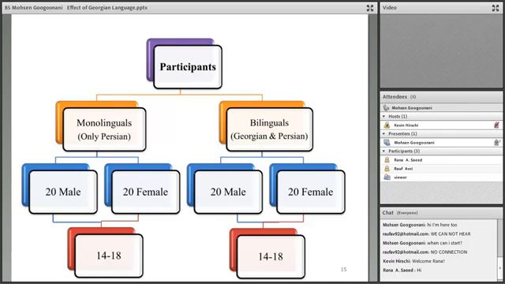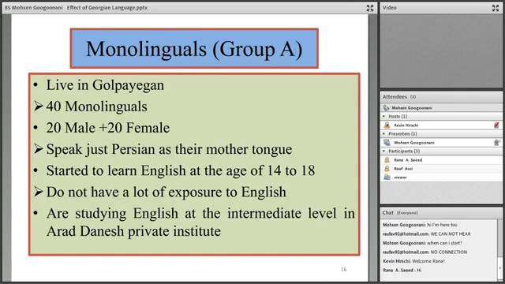All the participants in the current study were divided into two groups. Let me go to another slide. Yeah, Group A and Group B. Group A involves monolinguals who just speak Persian, and Group B includes additive bilinguals who speak both Georgian and Persian. Group A includes 40 monolinguals, male and female, who are 14 to 18 years old,